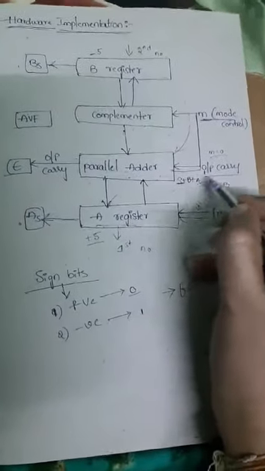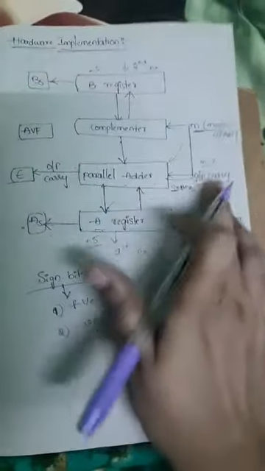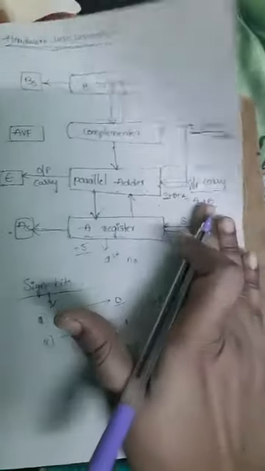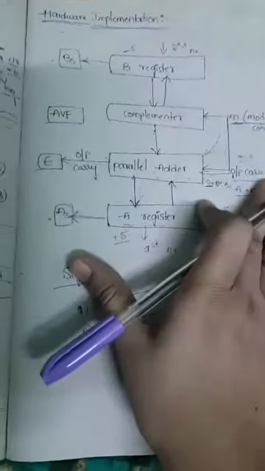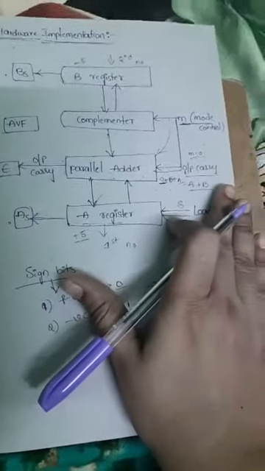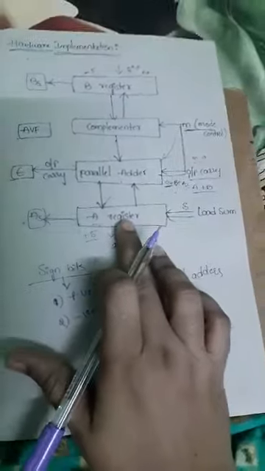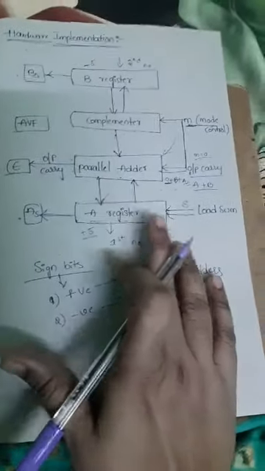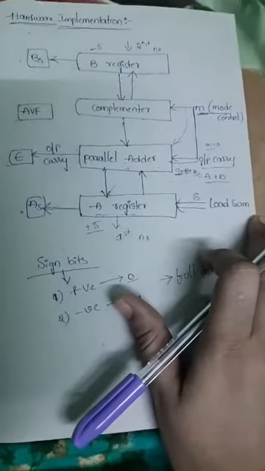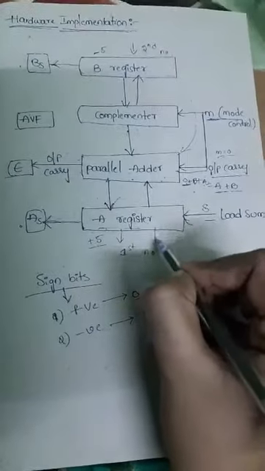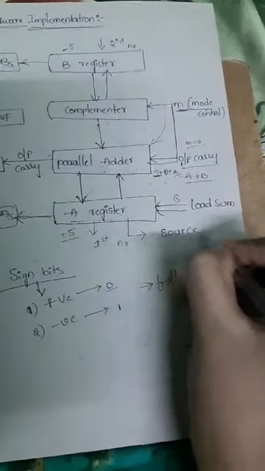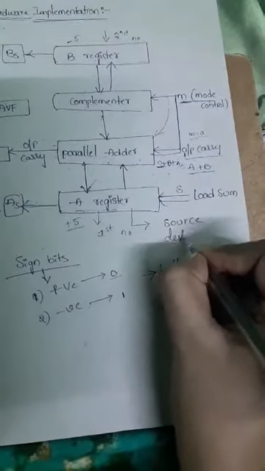After doing this, we get the final result A plus B, that is nothing but the addition operation we are performing here. After performing the addition operation, whatever result sum we get is stored in the A register, which is represented here by load sum. That's why we can call the A register both the source part and the destination part.